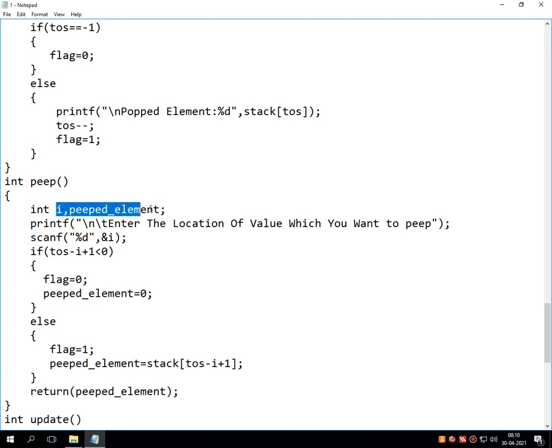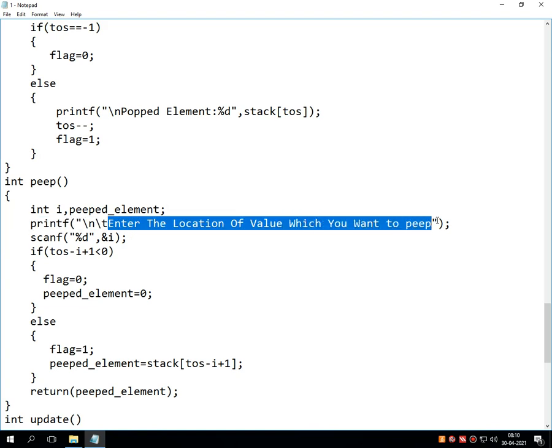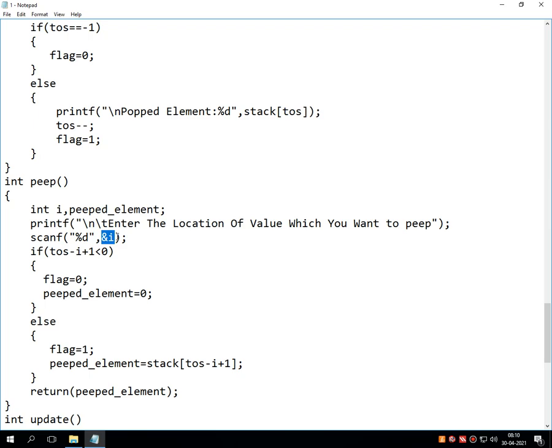These are the two local variables. Then it asks: enter the location of the value which you want to peep. That means it indicates to the user to please enter the location from which you want to retrieve the value. In the variable called i, the location is going to be stored.